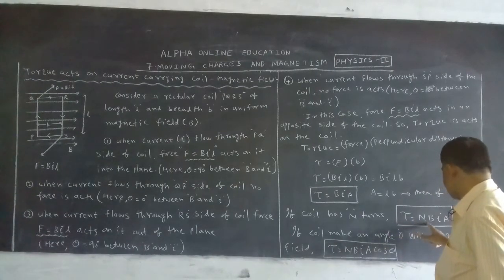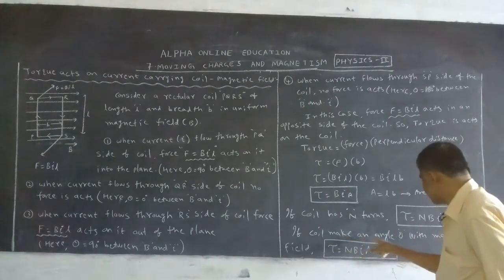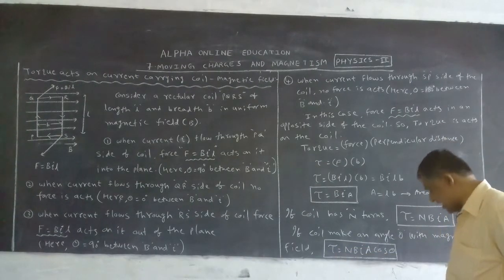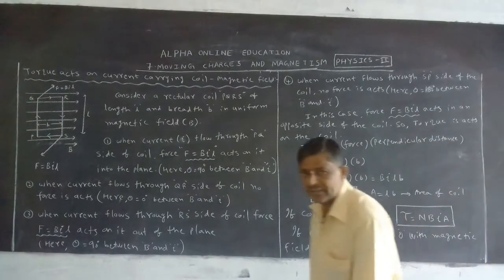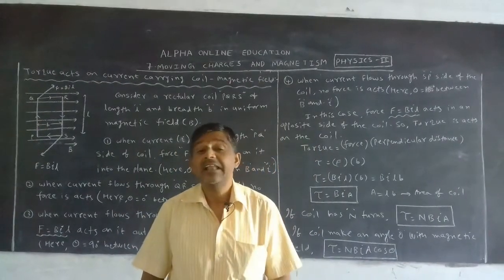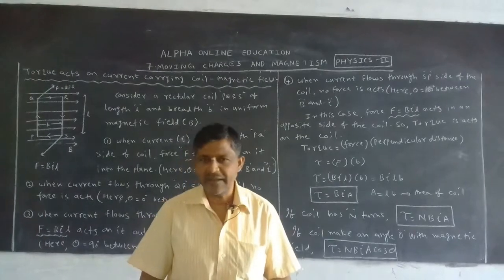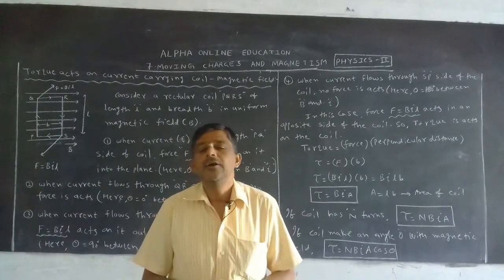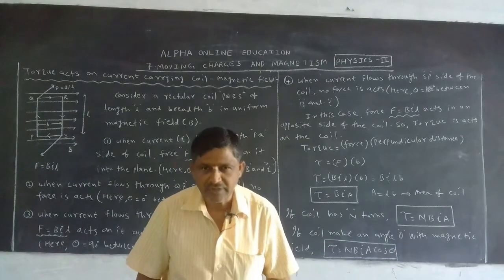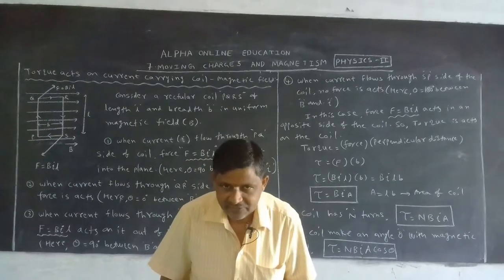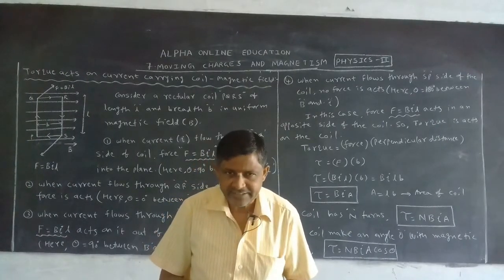If the coil has capital N turns, what is the equation for torque? Tau is equal to NBIA. If the coil makes an angle theta with the magnetic field, tau is equal to NBIA cos theta. Okay? When current is passing through a coil that lies in a uniform magnetic field, torque is experienced on it. Otherwise, torque is experienced on a current carrying coil taken in the uniform magnetic field. What is the equation for it? Tau is equal to